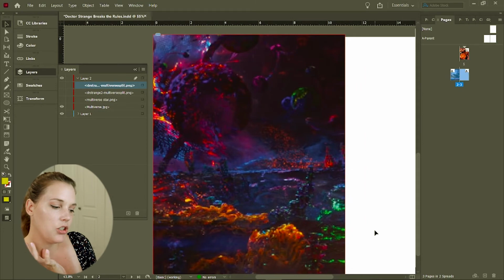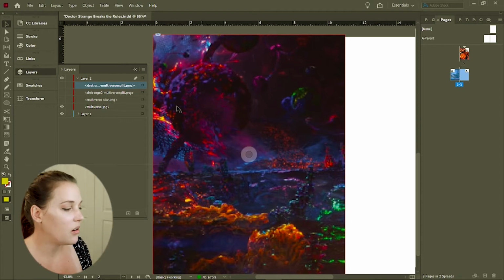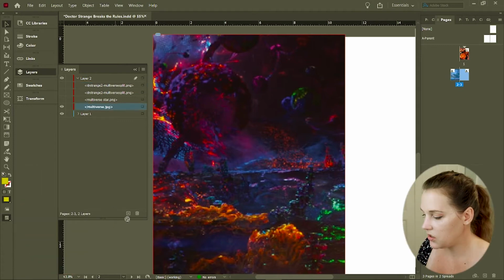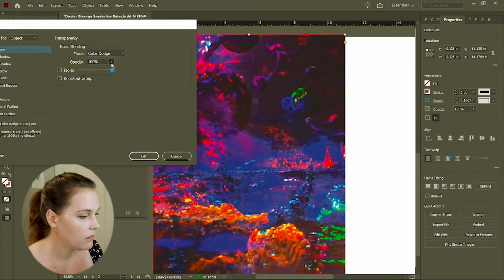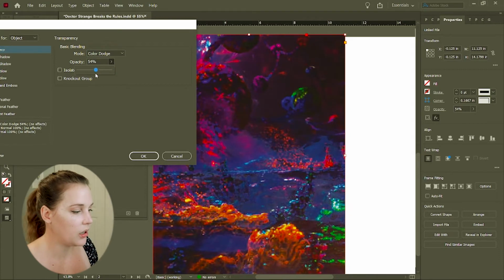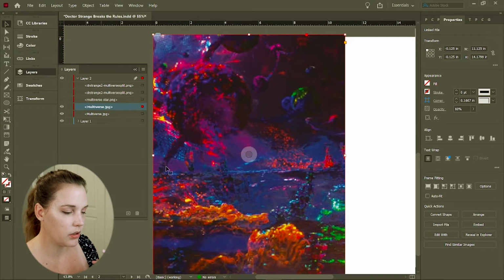I liked how dark and kind of playful it was, even though it's chaotic and looks kind of gross. I liked how that looked. Let's take this, duplicate it down, go into our properties panel, and choose the blend mode. A 60% color burn, just to make it a little bit more bright, a little bit more bold,